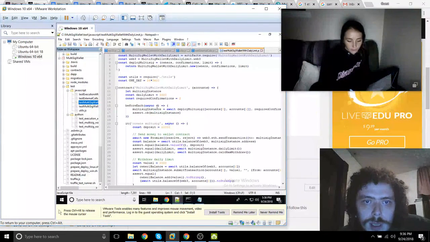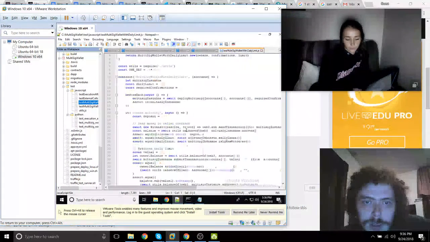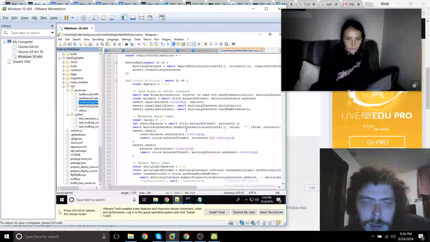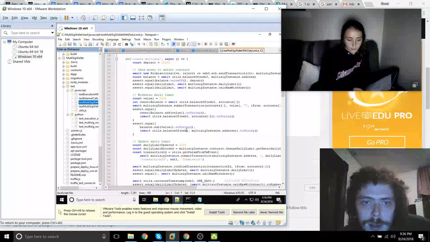We're going to create a daily limit of 3,000 wei and 2 out of 3 confirmations. No, 2 out of 2 confirmations required with a daily limit. We're going to create that multisig instance. We're going to deposit some money into that multisig. We're going to, what am I going to do? Submit a transaction to take some of that money out. We're going to make sure that,